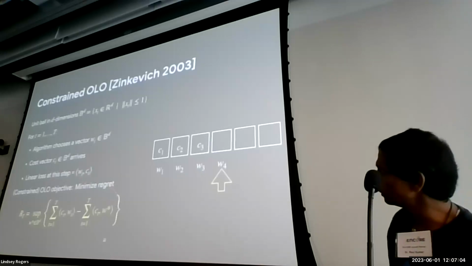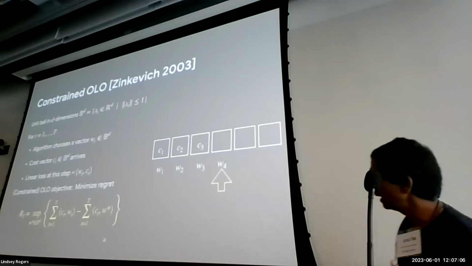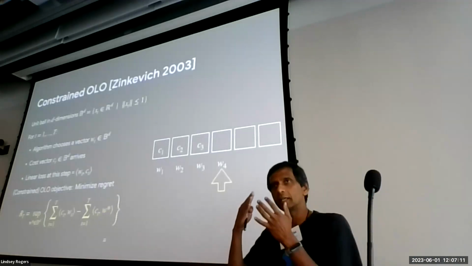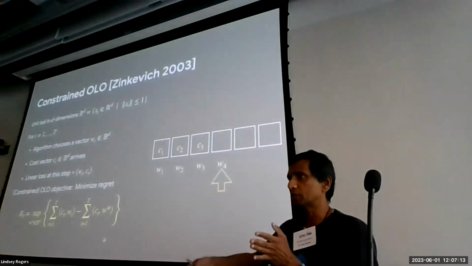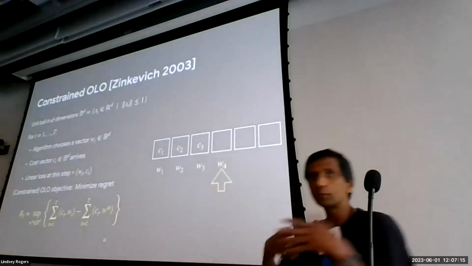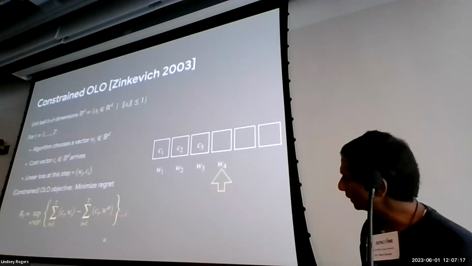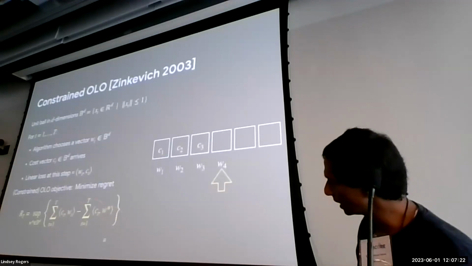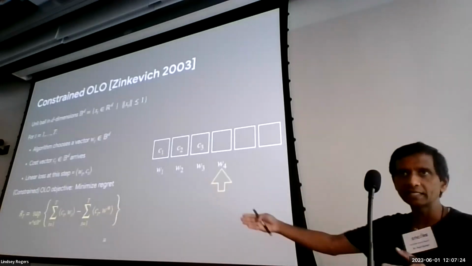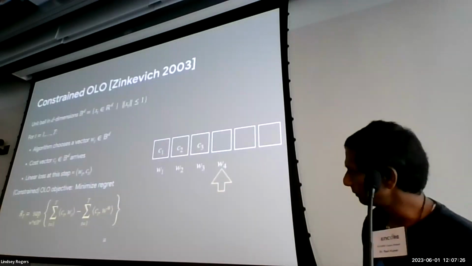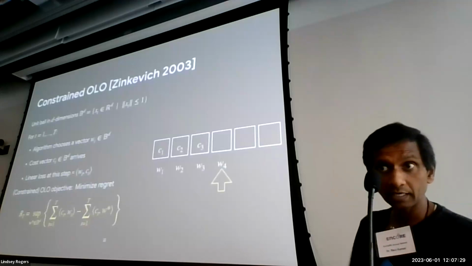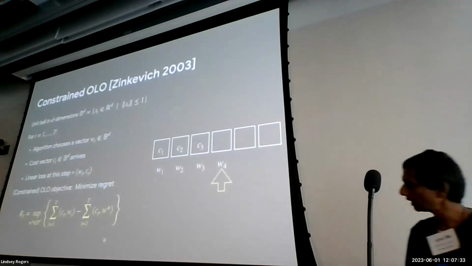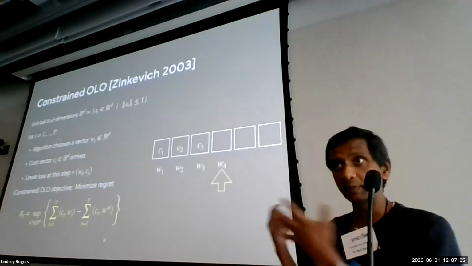And the objective is to minimize regret. The benchmark here is if we were to play the same vector W star at every time step and you compute the loss, how much would that be compared to the loss of the algorithm? So the best single vector W star is the benchmark that we compare against, and the performance of the algorithm over all the time steps, that's a loss, and you take the gap between that. That's the objective. That's to minimize regret. You want to minimize this.